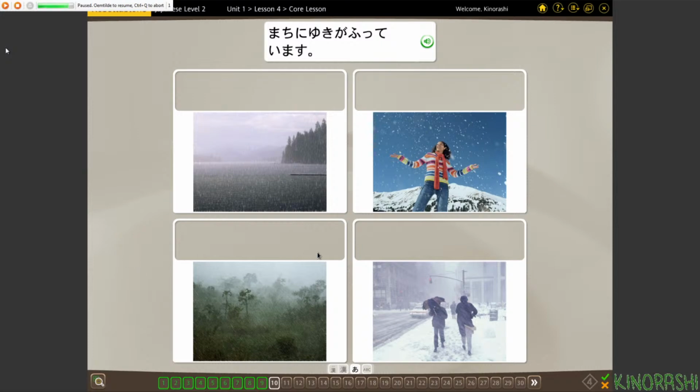It basically seems to be like something coming your way and the action, whether it's water falling, snow falling. So futte. 街に雪が降っています。街、雪、降って。